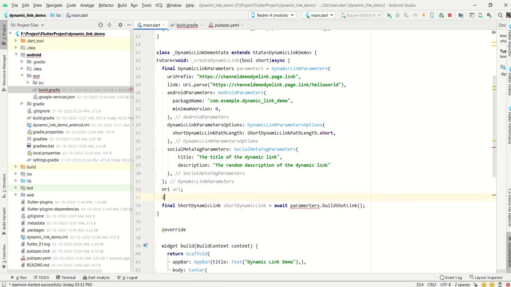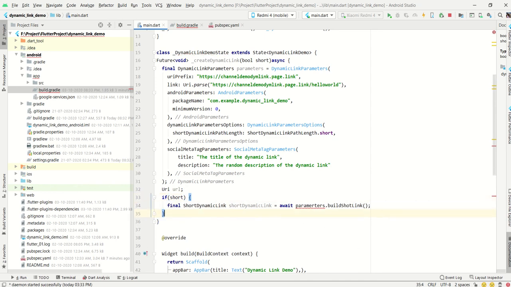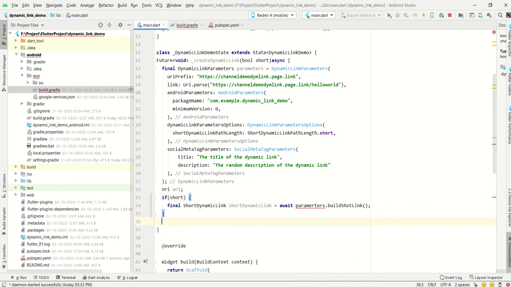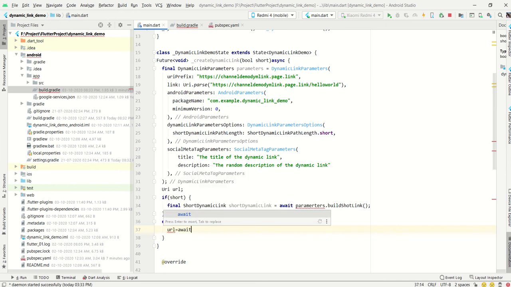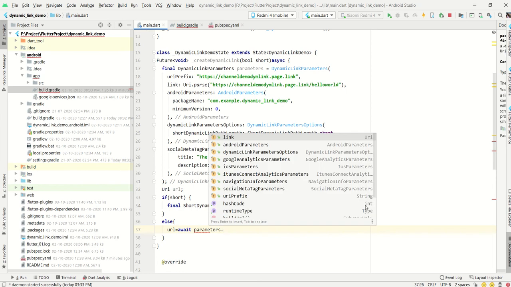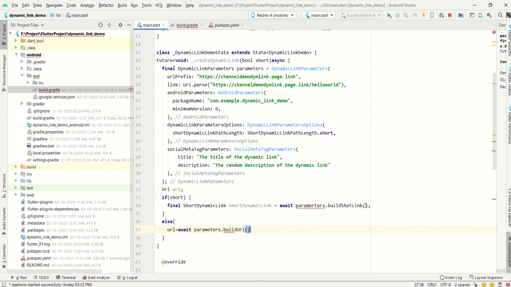Now after that we have to write one condition on the boolean variable, that is short. If short is true, then the link will be the short one. Then for the false case, we have to write await parameters dot build URL. So build URL is just for that.